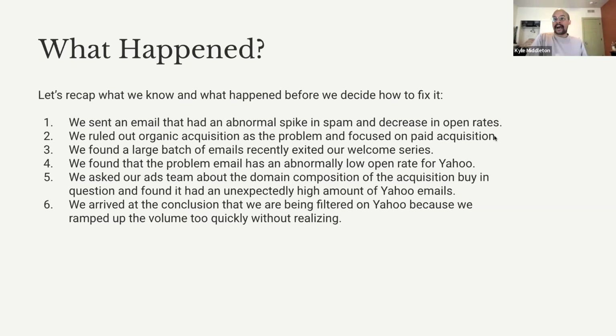And it's really important to have a good understanding of the names that you are acquiring and to set limitations on domains that you're buying. I know on the campaign, we struggled with a few different domains. And so part of our acquisition strategy was simply just not buying any of those domains until we either improved them, or if we were not able to improve them, we would at least want to save the money by not buying email addresses that we couldn't send emails to. And so having some control over that and having good coordination with your ads team who might be doing the acquisition is really important.